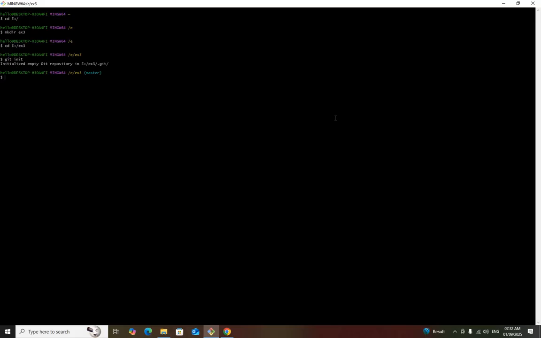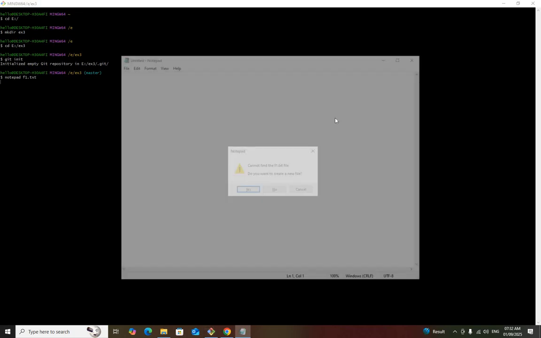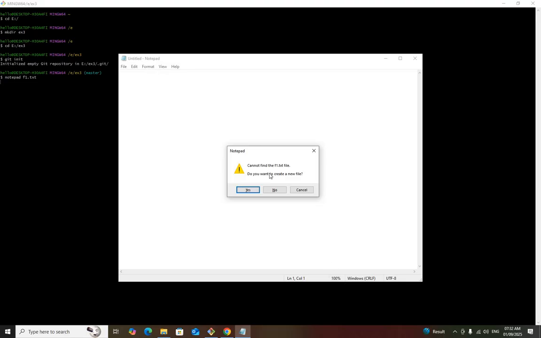Now I am creating a new file inside the ex3 folder. Notepad, creating a file f1.txt. This command is used to open the file if it is already there; if not, it will create it. It's asking, do you want to create a new file? So I am writing a version 1 code.